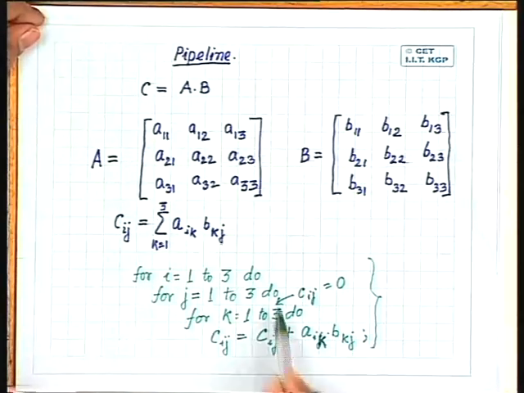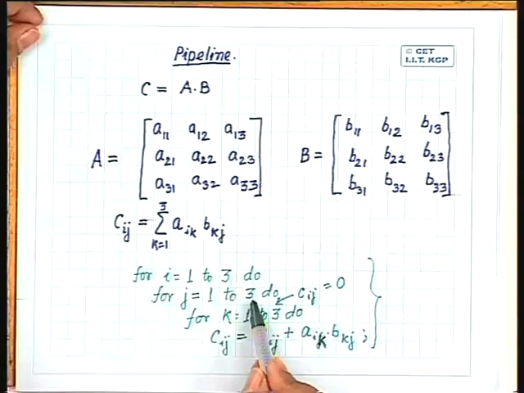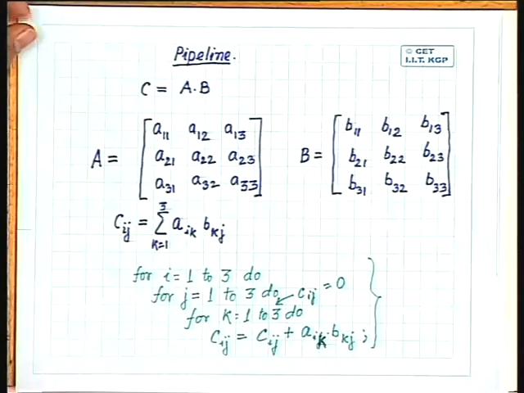Okay. And you find that here the complexity of this matrix multiplication will be 3 into 3 into 3, that is 27 number of operations. Okay. Now, let us see whether we can design a pipeline architecture so that I can multiply this matrix in